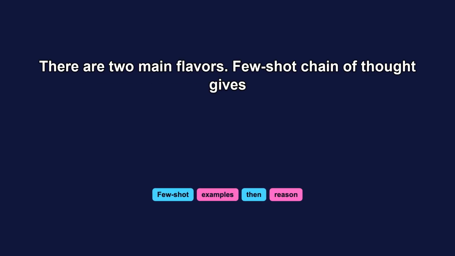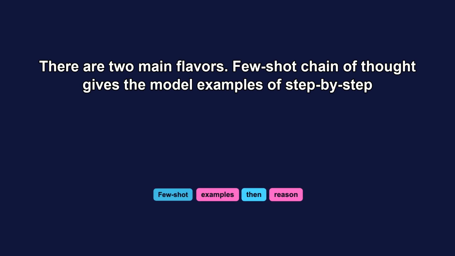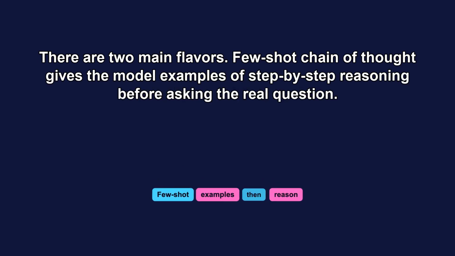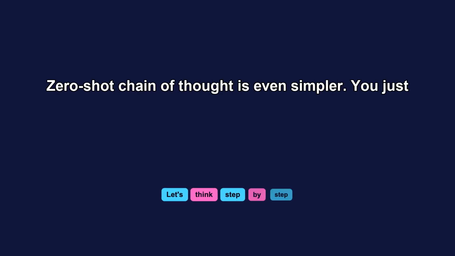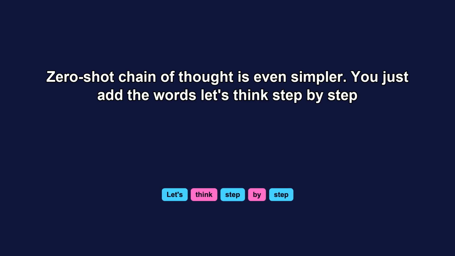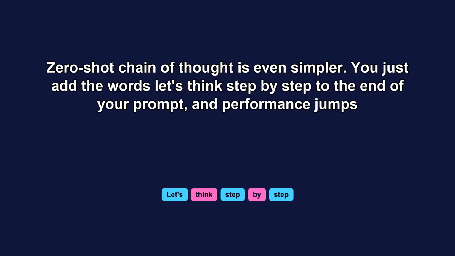Few-shot chain of thought gives the model examples of step-by-step reasoning before asking the real question. Zero-shot chain of thought is even simpler. You just add the words "let's think step by step" to the end of your prompt, and performance jumps dramatically